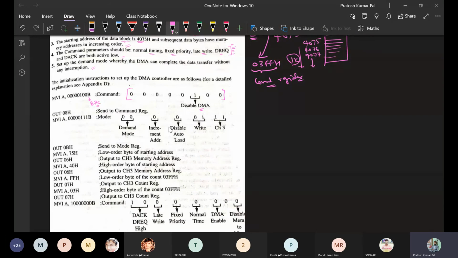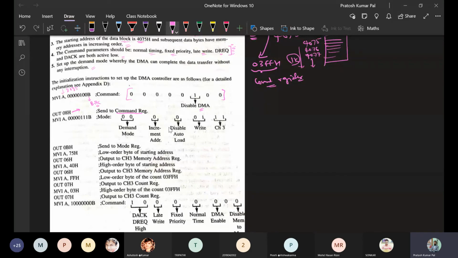This accumulator is of the 8085. Whatever data is in the accumulator needs to be put out to the port address given by 08. 08 is the location of the command register of the DMA controller. So we send this data to the command register of the DMA controller with OUT 08H. This means the data has been sent to the DMA to tell it to stop, so this is for disabling the DMA.